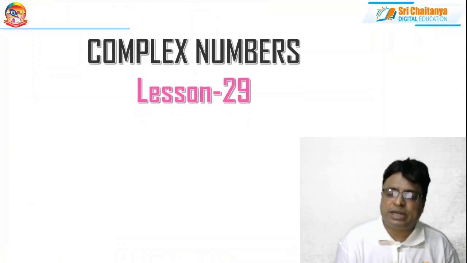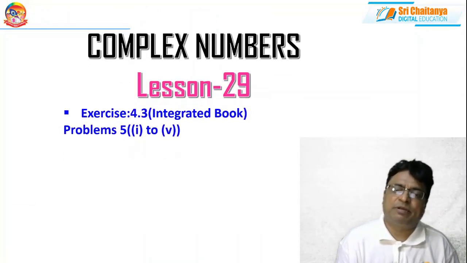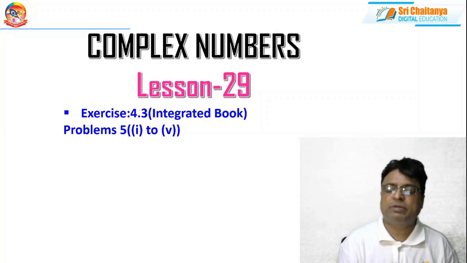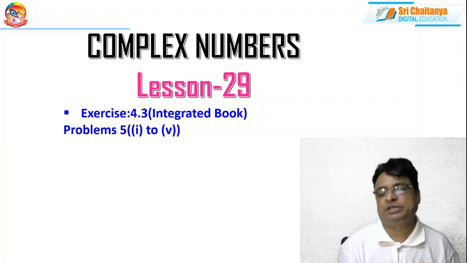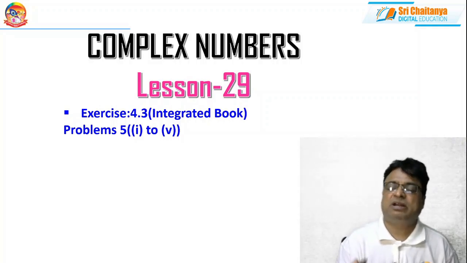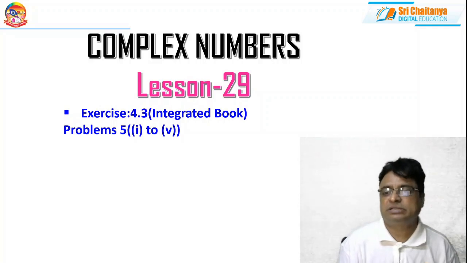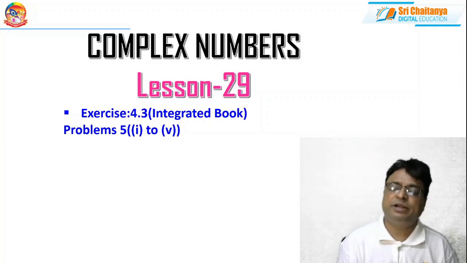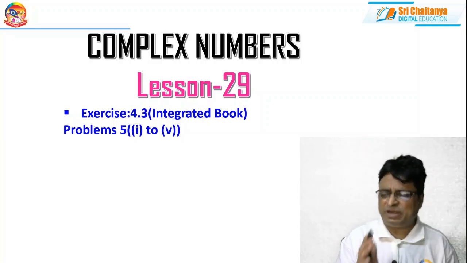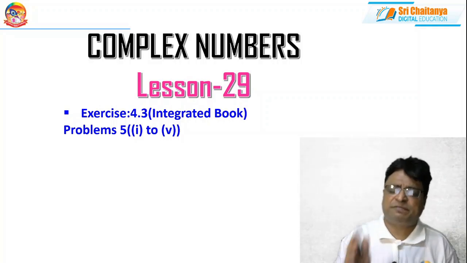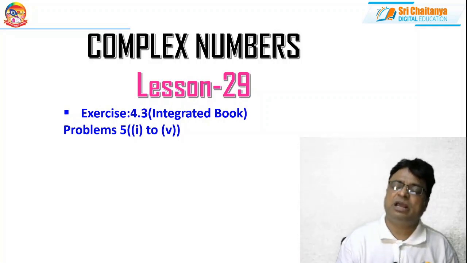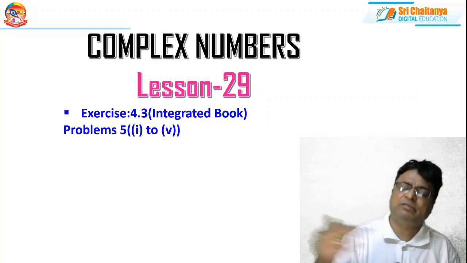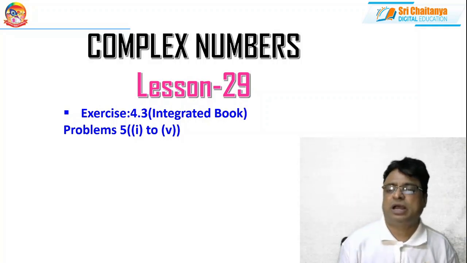And in lesson number 29, we are concentrating on problem number 5, of which there are 5 parts, 1 to 5, that we are concentrating on. These are all the problems from the integrated textbook. If you master the problems from the integrated textbook, including the worked examples, you will gain complete knowledge of entire complex numbers. That essence and knowledge is very helpful and useful, and that is sufficient also. If you master that independently, if you have solved every question from the integrated textbook only, that's more than sufficient. With that knowledge you can solve every other problem also. I'm giving you that assurance.